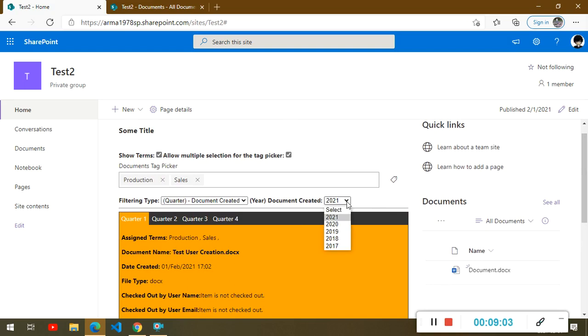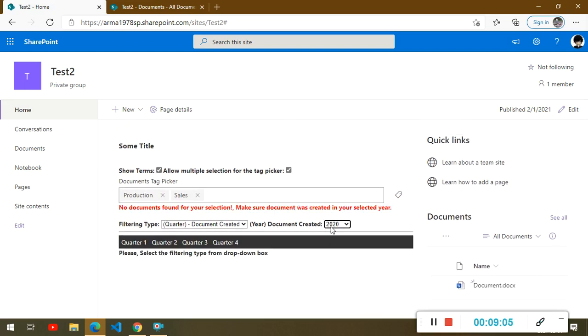So if we select here previous years, and we know that in our document library we don't have any documents created in this year, we're gonna get another message, because basically the dynamic drop-down list box shows only the last 5 years, including the current one. So in our document library we have only 2 documents created in 2021,